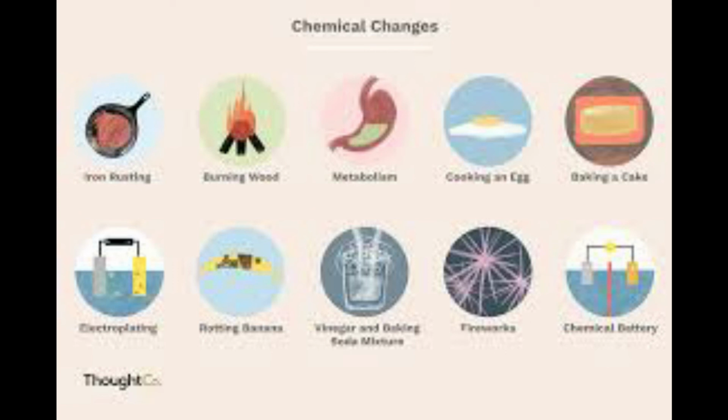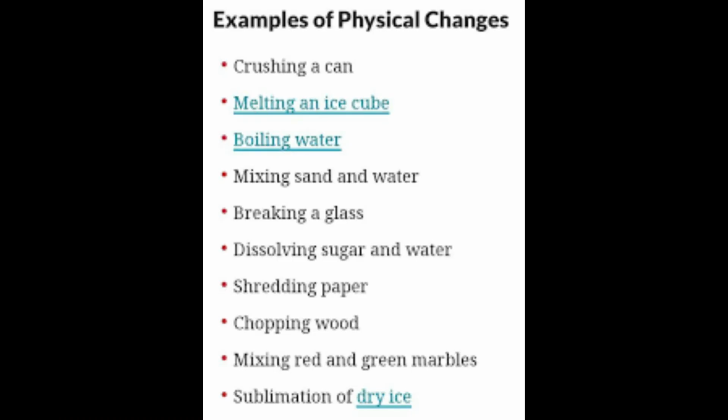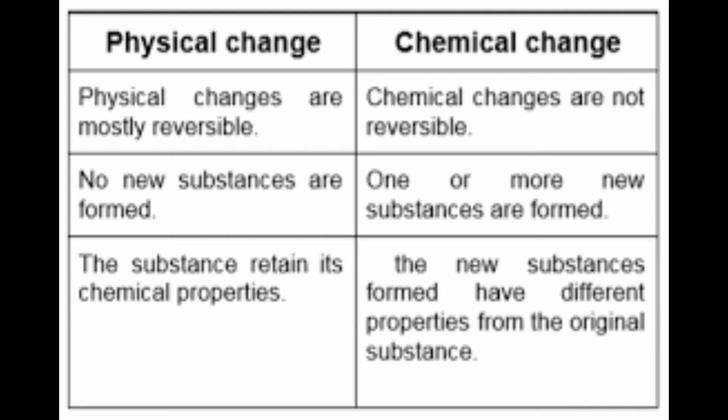These are the physical changes. When ice is heated, what happens? It melts to form water. But when water is frozen, it forms ice. So here it is changing from one form to the other form, but the chemical substance, that is water, does not change. Whatever may be the form, the change is physical. So this type of change, we say it is a physical change.